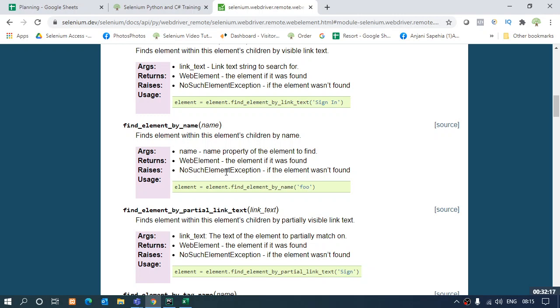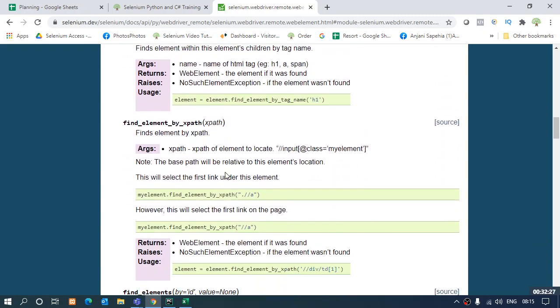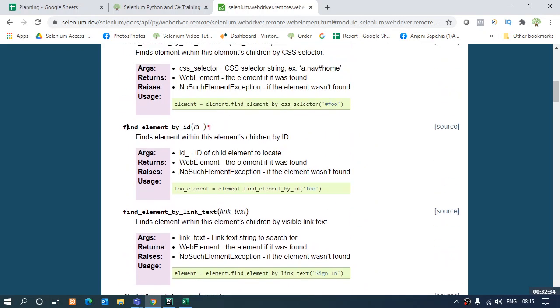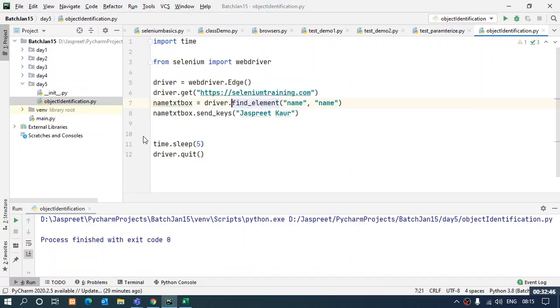We call them locators, by which we extract elements from the web page. We will discuss them as well. In some time we'll come to XPath and CSS selector as well, how we actually construct XPath and how we actually use them, and CSS selector as well. But for the time let's just go on and use this specific function which will help me extract the element using the ID attribute. So what I'll do is I'll comment the 2 lines over here.